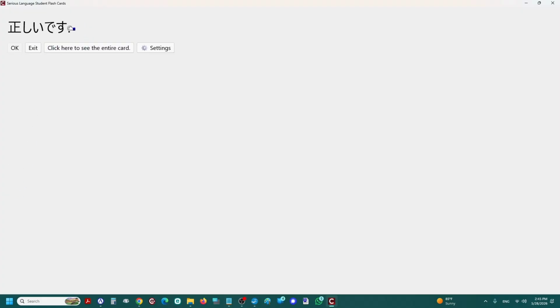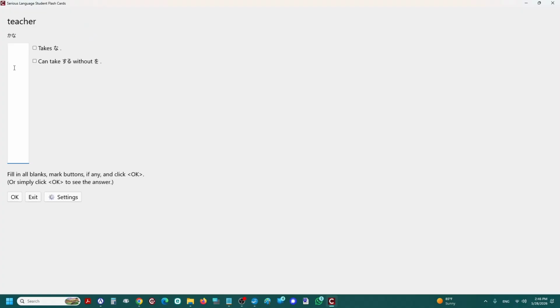Oh, I forgot to mention that anytime it's correct, you do see tadashi desu, which of course means it's correct. Here's a famous word, sensei. Oops. Notice that it can't convert SI. If you want the shi, you have to type SHI. So if you type SI, it just sits there because it can't convert it. So I'll back the I out and put an E, which is what I meant to hit, and an I